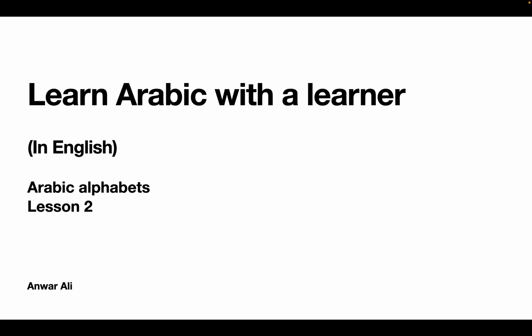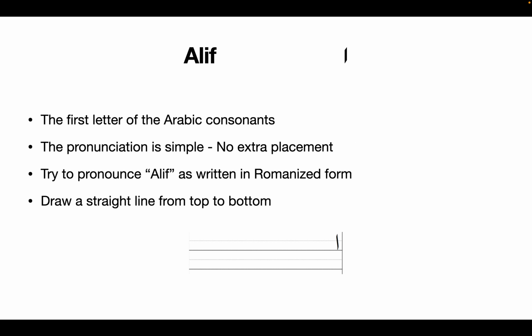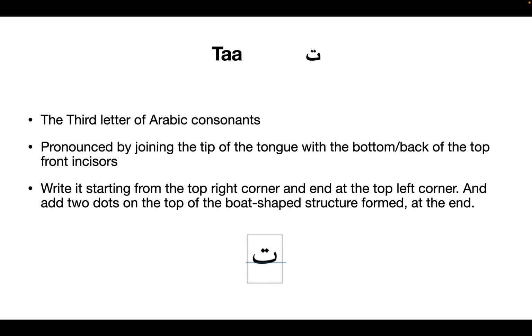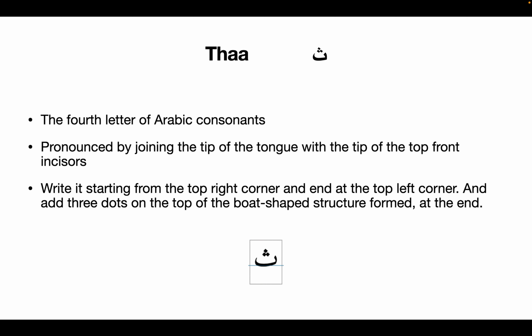So this is our second video and we'll be continuing to learn the Arabic alphabets. In our previous videos we learned the first four letters: alif, ba, ta and tha. Today we'll be covering another three letters in Arabic